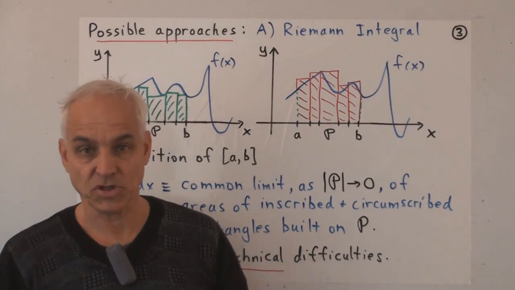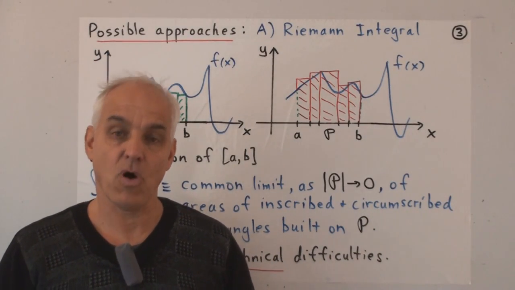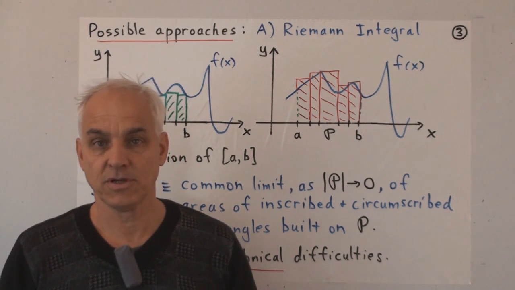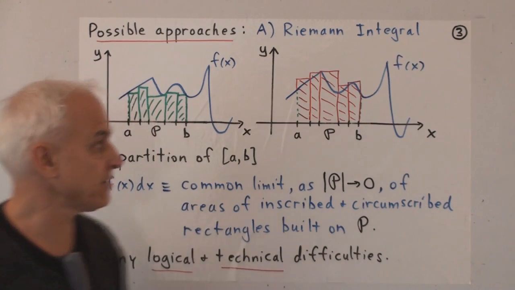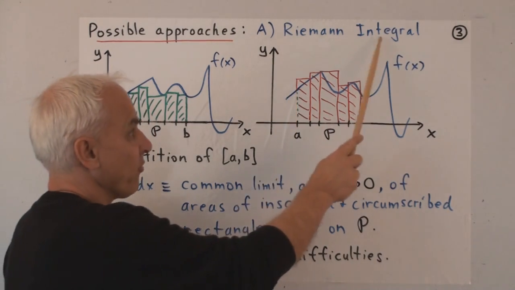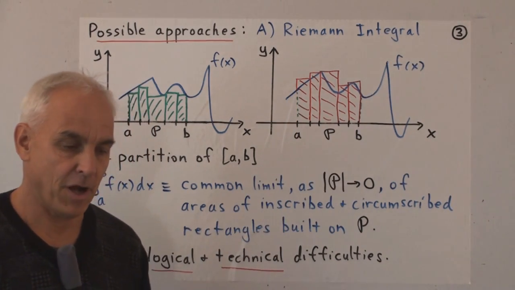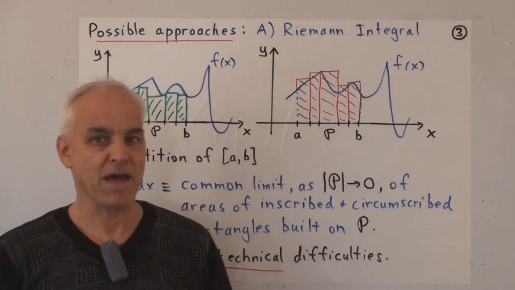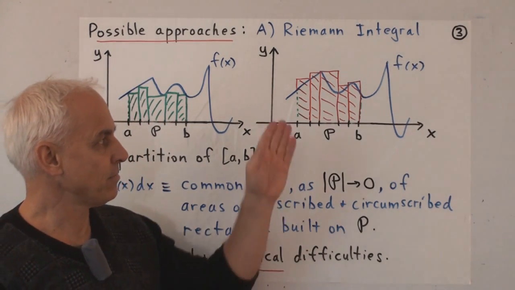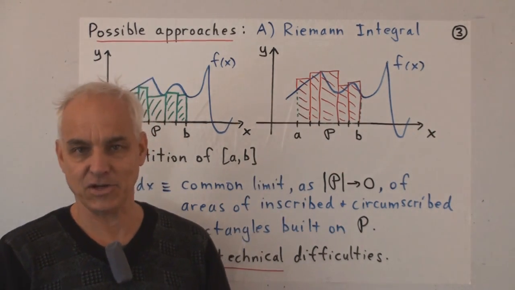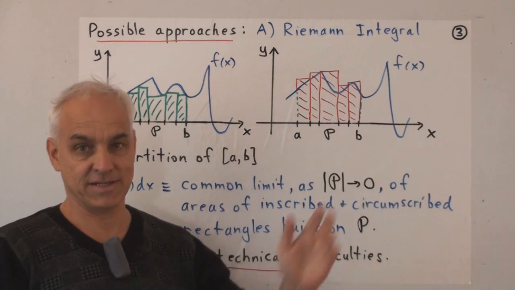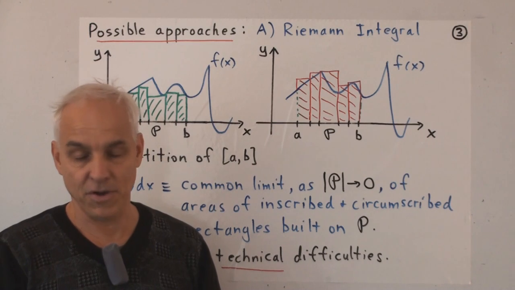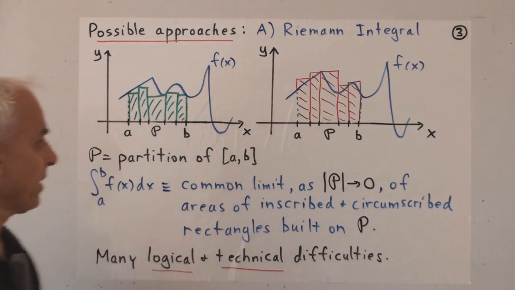Our first approach to the integral is the standard one that's usually found in most first year, second year, third year undergraduate texts. It's called the Riemann integral. Although probably the 17th century mathematicians would wonder why a 19th century mathematician gets his name associated to this, because it's really essentially the same kind of idea that was well known in the 17th century.